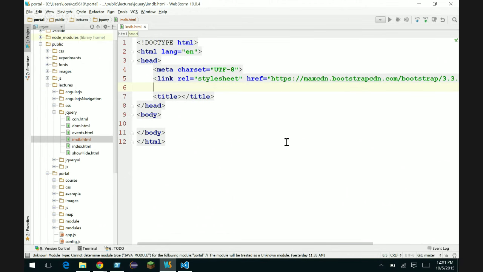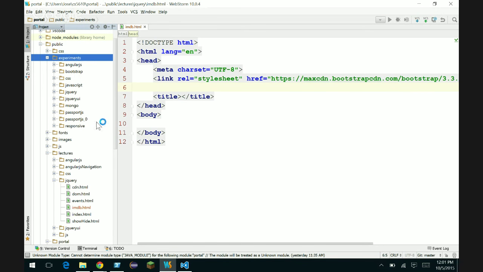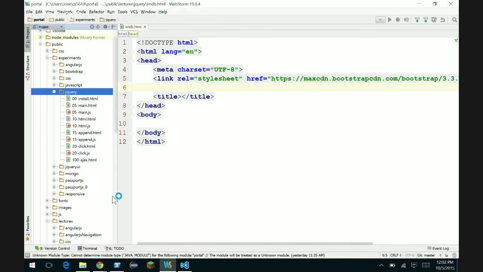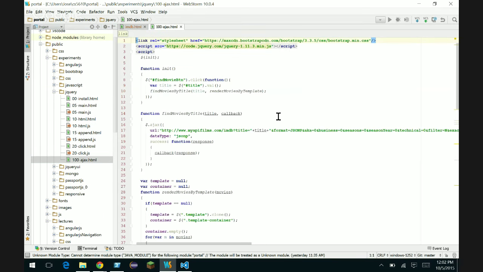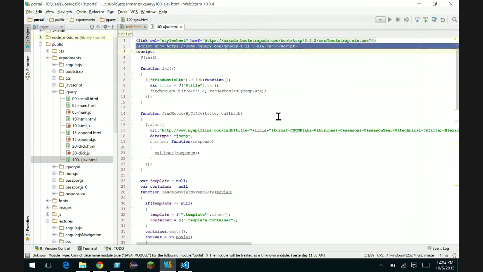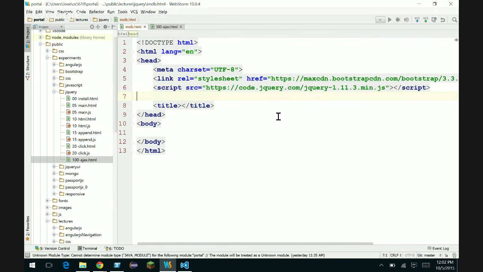Actually, I might have it here, so I can just copy it from our experiments. Yes. So we go to jQuery, and the latest one is Ajax, and we can copy here. There it is. Okay, so we downloaded both,